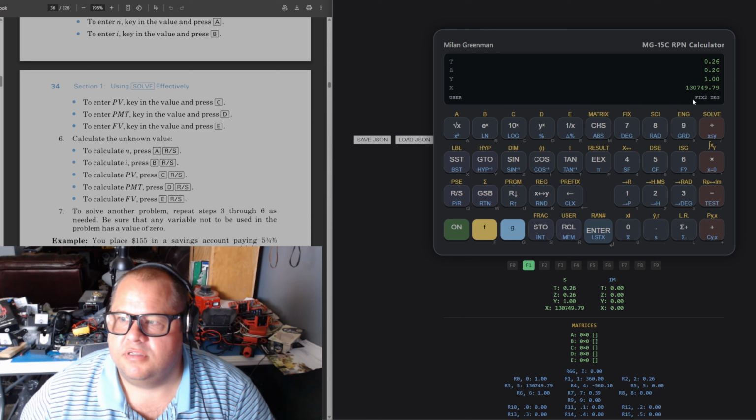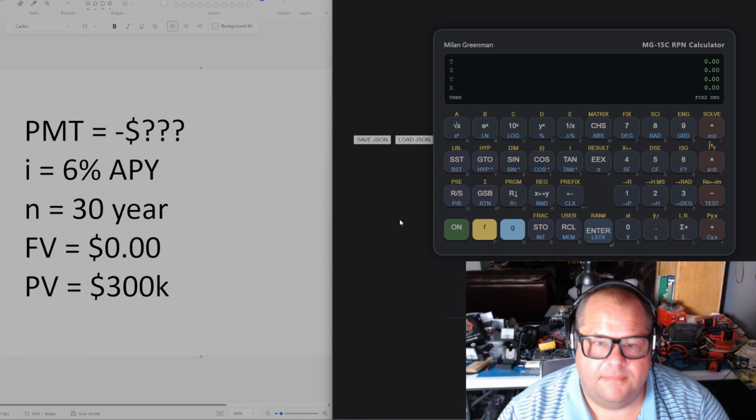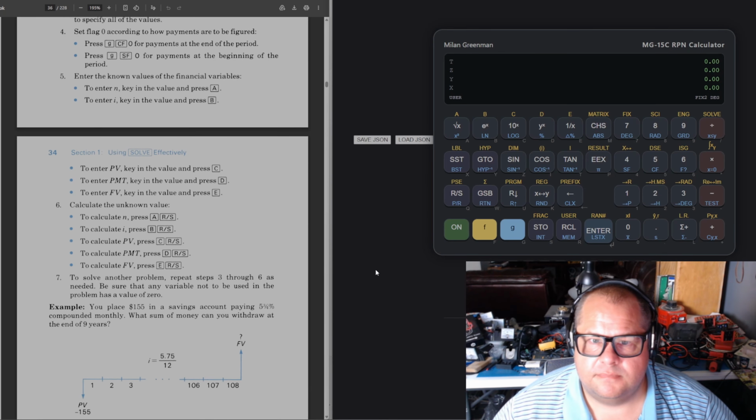So the initial value of the loan was $130,749.79. Now let's say we want to purchase a $300,000 house today. Interest rate's about 6% APY. We'll take a 30-year loan, and the house we want to purchase is $300,000. We can go to the calculator and enter 360 for A, which is N, the number of terms, and then 6%, 12 divided is 0.5, B for our interest rate,